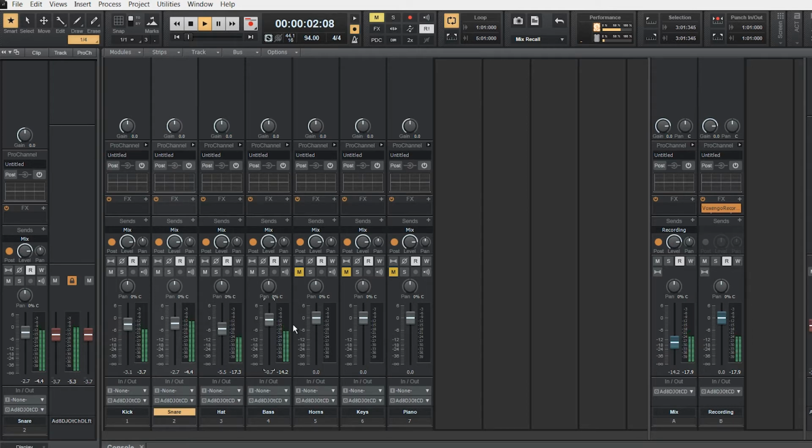So far, nothing's in the red. The horns, keys, and the piano. So everything seems to be okay.